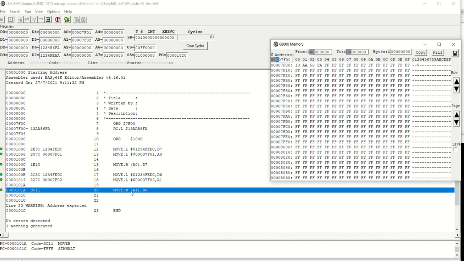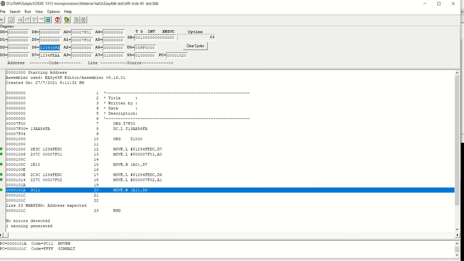So the word size of the content inside the memory at A1, which is 56FA, will be placed into data register D6. That's why the lower word of D6 changes into 56FA.